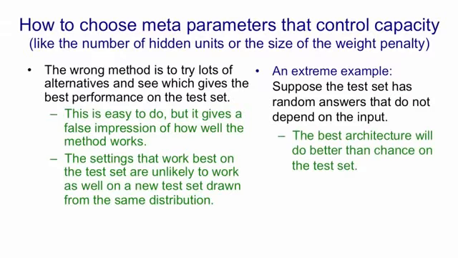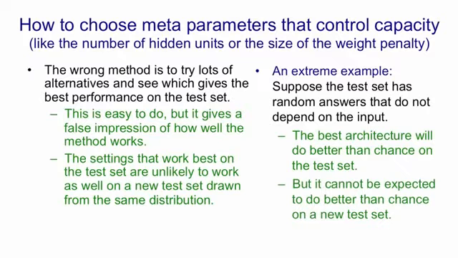If you choose the model that does best on your test set, that will obviously do better than chance, because you selected it to do better than chance. But if you take that model and try it on new data that's also random, you can't expect it to do better than chance. So by selecting a model, you get a false impression of how well a model will do on new data. And the question is, is there a way around that?